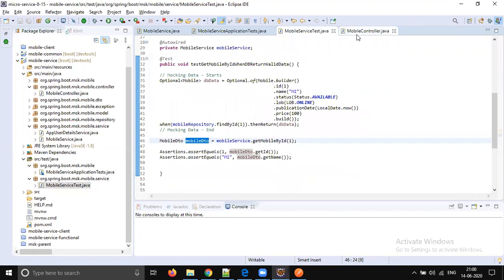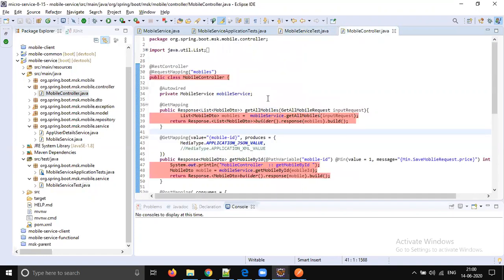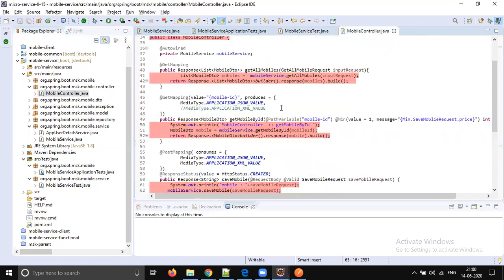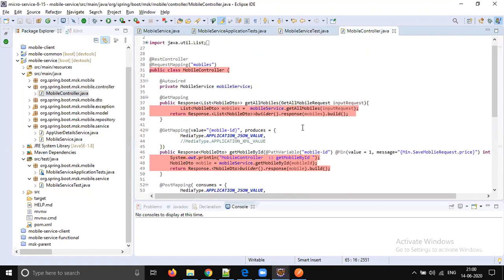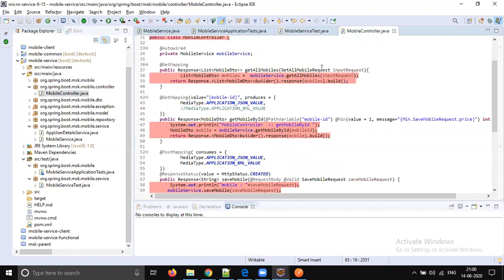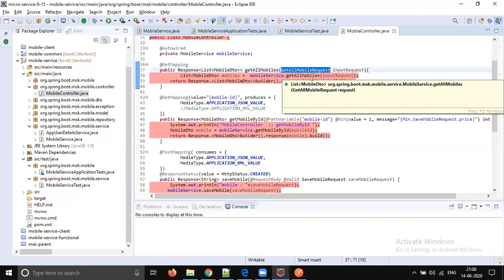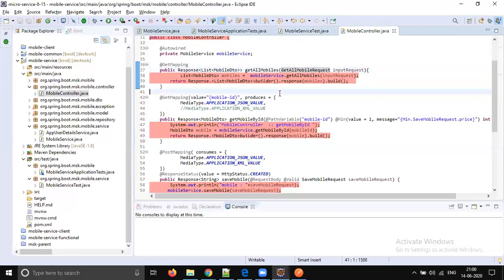But if it is integration testing, we will directly call the controller method and pass some JSON data. For example, if it is a get all mobiles request, you pass some JSON data and you expect some JSON data back. That's how we write the integration test cases.